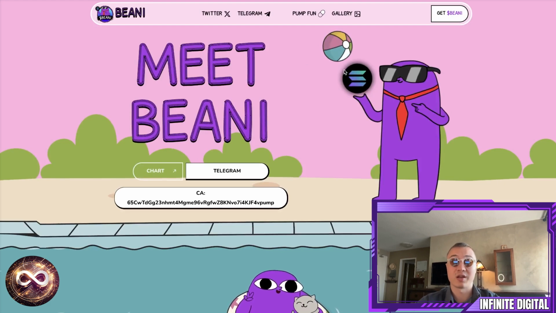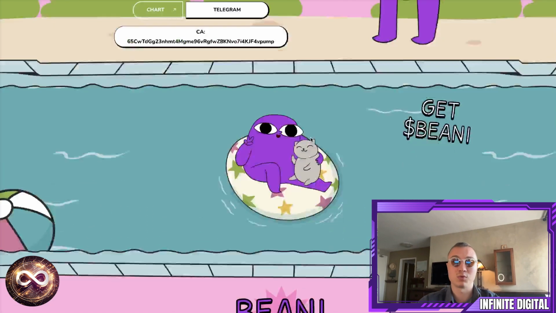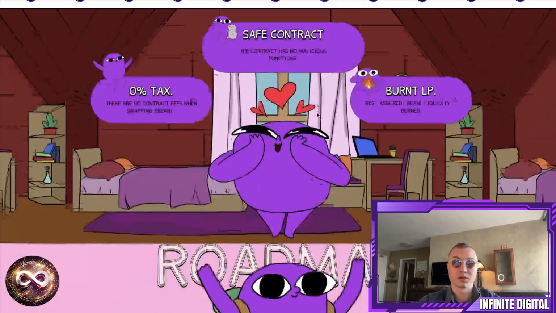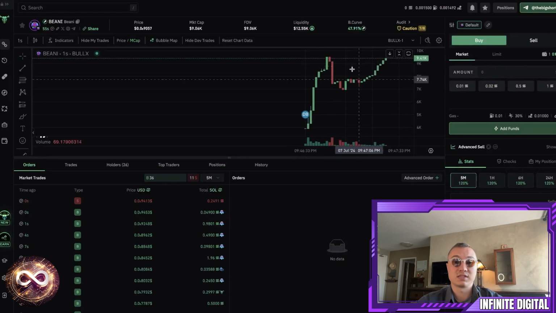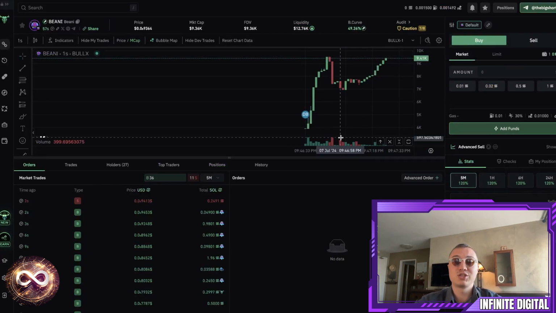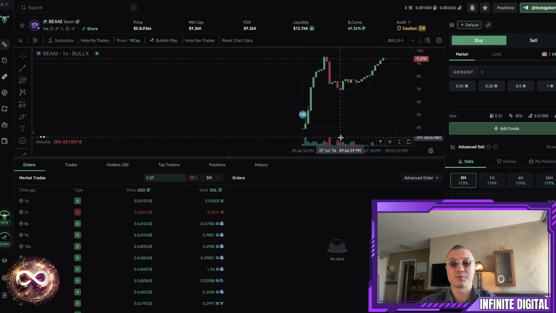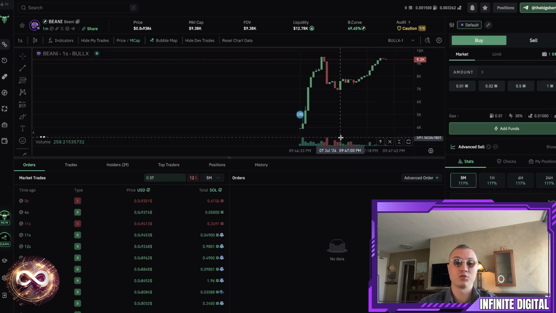We can see that it is a Solana based token, so Solana based tokens tend to be more liquid. You can see the website looks pretty good, roadmap looks pretty good, and if we hop in, we may see that we are going to break the previous all-time high, which only happened 30 seconds ago. But this is the likes of trading in 2024, right? There is a lot of opportunity, there is a lot of risk, but if you know what to do,